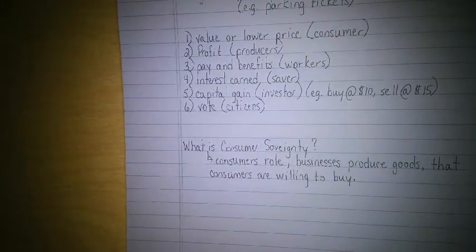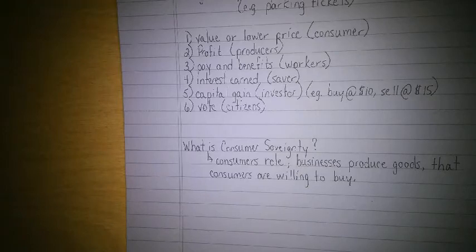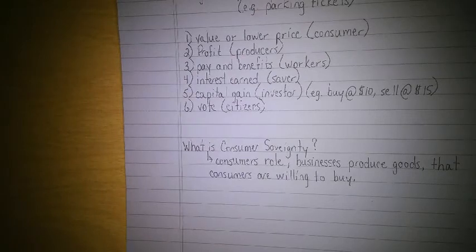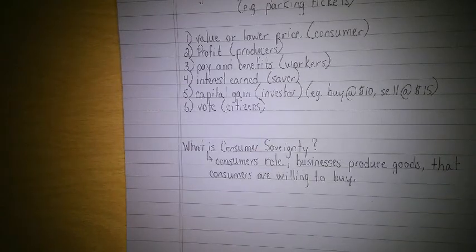If we're not willing to buy what a business is making, that business basically has two options. One, it can start producing something that consumers will buy, right? Or they shut their doors and they no longer produce things because they're not going to make any money. So consumer sovereignty simply means that consumers rule and that businesses have to produce goods that consumers are willing and